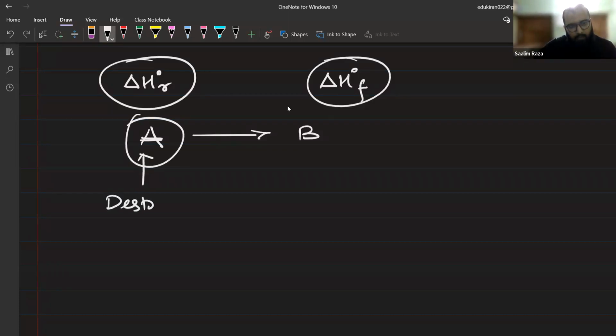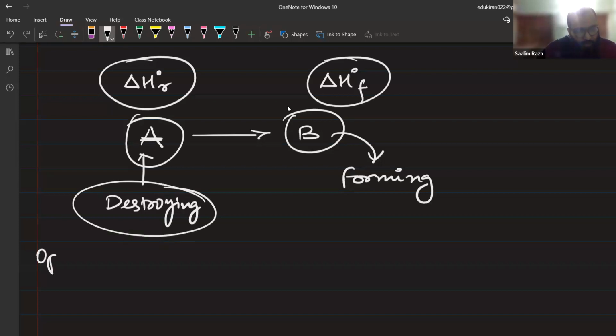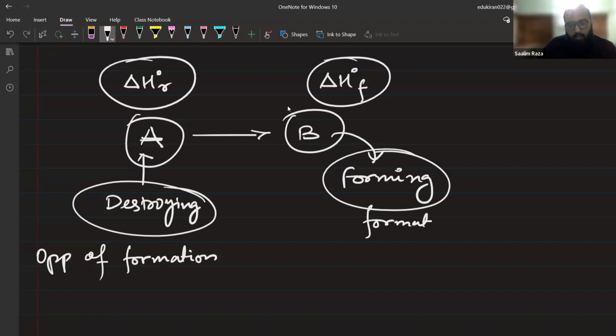बात सही है? We are destroying A and we are forming B. B का हो रहा है फॉर्मेशन और A का क्या हो रहा है? डिस्ट्रक्शन हो रहा है। Now I can say that destruction is opposite of what? Opposite of formation. क्या जरूरत है आप लोगों को किताब की, बताइए। अपोजिट ऑफ फॉर्मेशन, और ये तो फॉर्मेशन हो ही रहा है, तो ये तो फॉर्मेशन है ही।